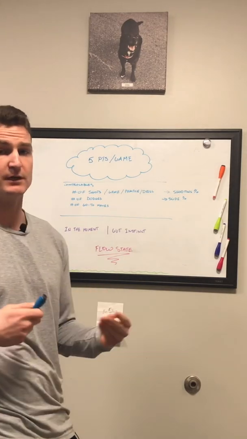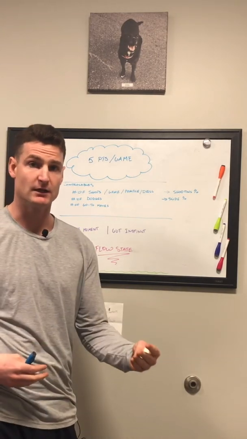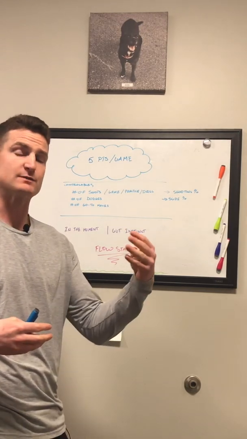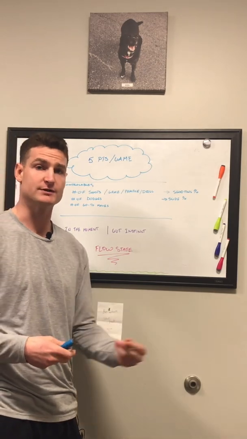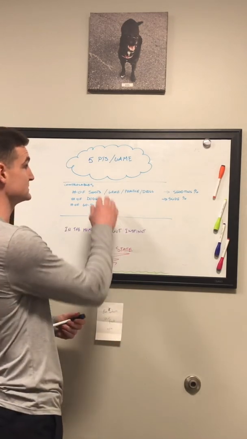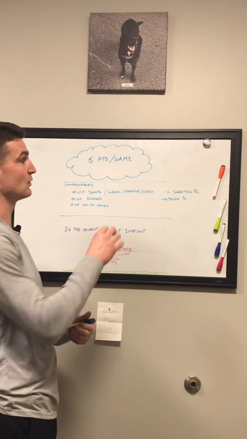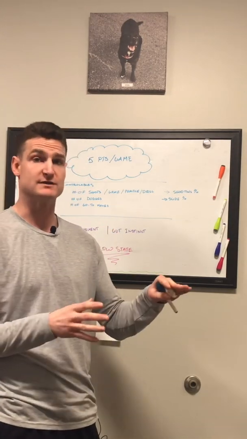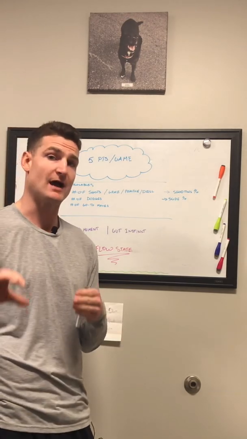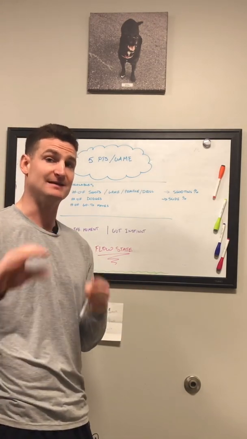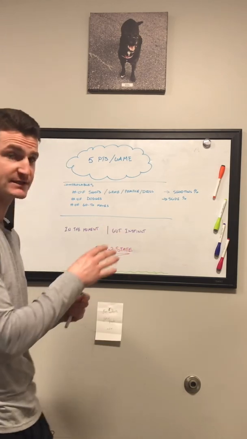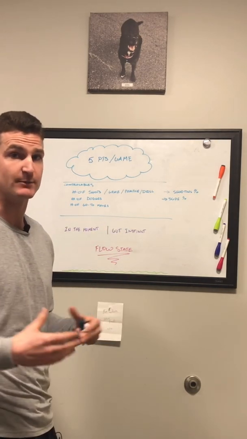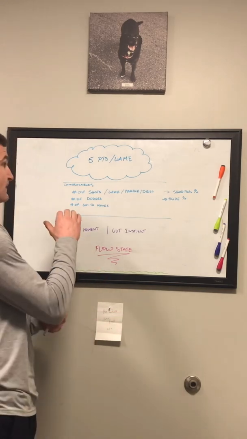So a lot of times when you're trying to get better at something, whether it's a sport or whatever particular skill, you want to get specific about what it is that you're trying to accomplish. So in this case, we set a goal of scoring 5 points per game. Obviously as a lacrosse player, that's more of an offensive minded focus. We can talk about how you would use this same system in a defensive way as well. For this example, we'll say our goal is to average 5 points per game for a season. That'd be a pretty good season, all right?